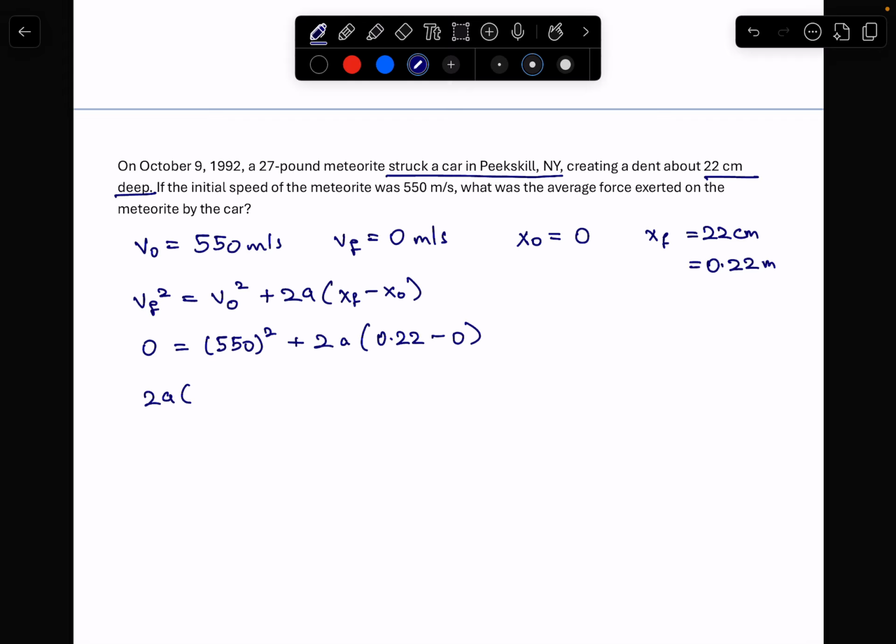So 2a times 0.22 is equal to negative 550 squared. So a is equal to negative of 550 squared divided by 2 times 0.22. So what is the value here? 550 squared divided by 2 divided by 0.22. I get negative